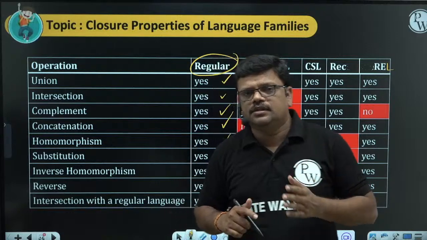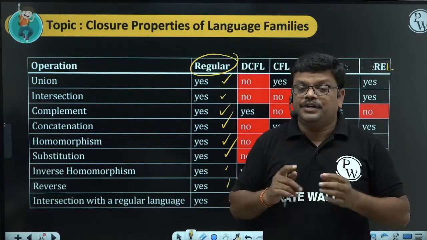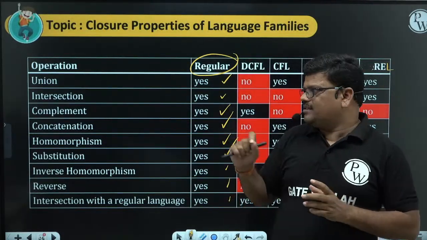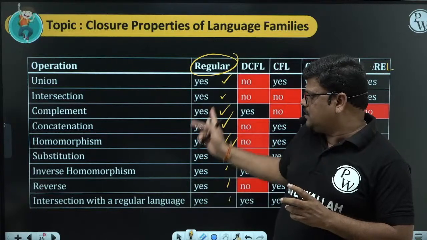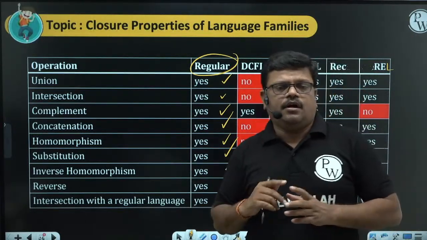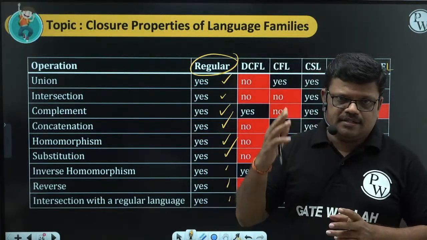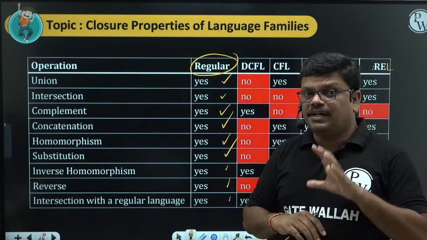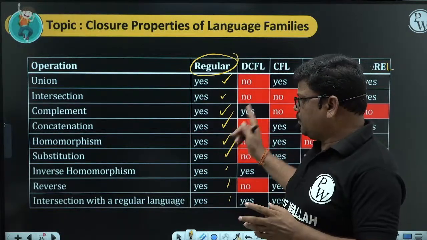You need to remember these two tables. I'm not saying learn by heart; we'll get the logic of these things, and we'll prove them while studying the particular topic. But remembering this table is important.